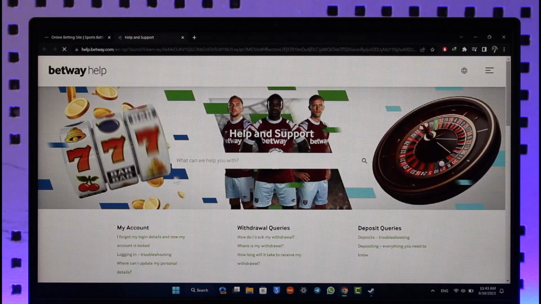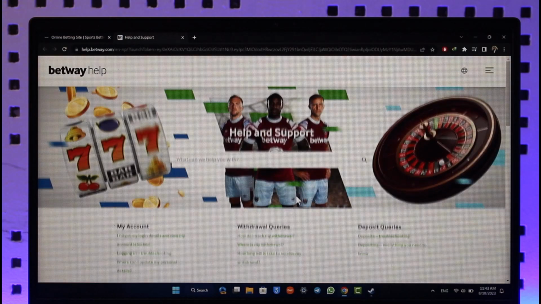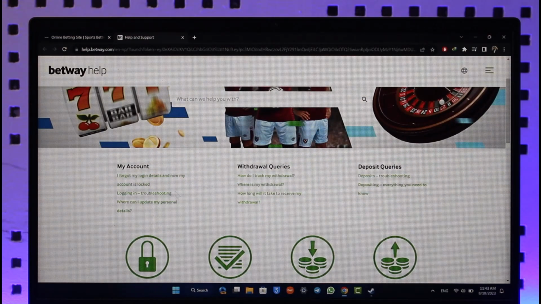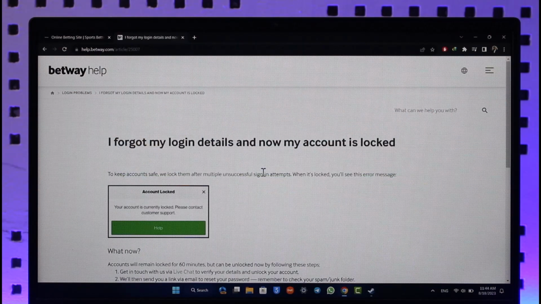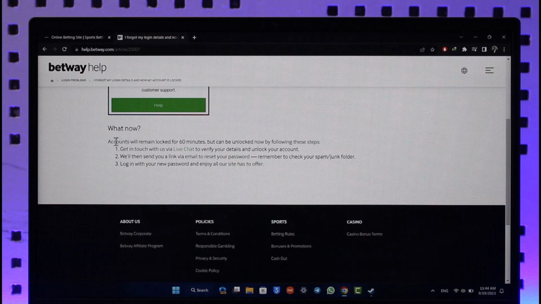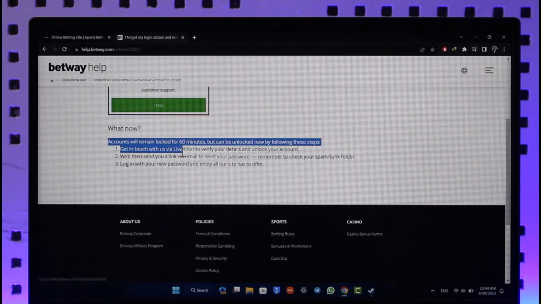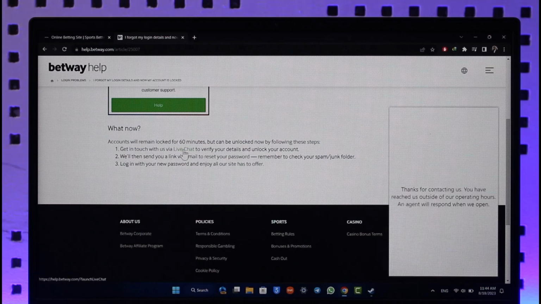When you come to the help option, you'll be taken to the help page of Betway, where you can simply select any link over here, right? So let me just select this first link here. It doesn't really matter, I can just select any link. When I just select any link right over here, it will give me get in touch with us via live chat. So here you can see the live chat button, so make sure to click on the live chat button,